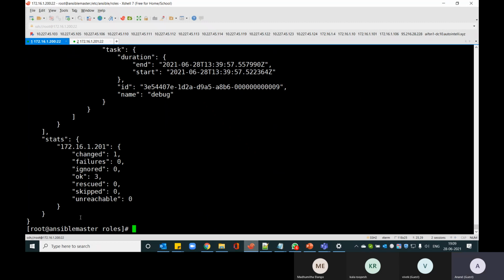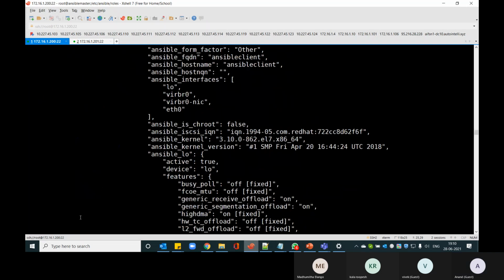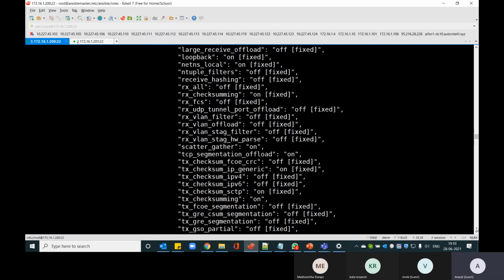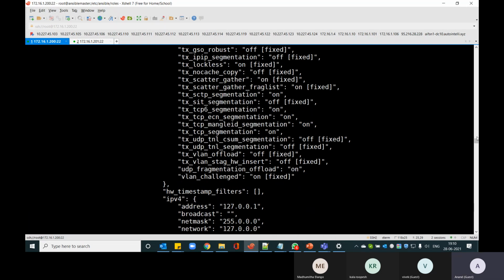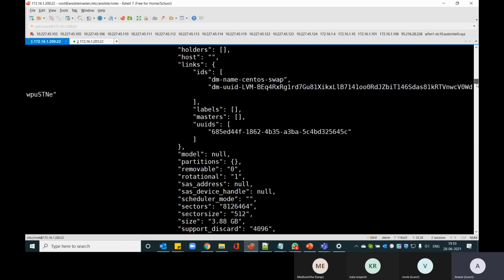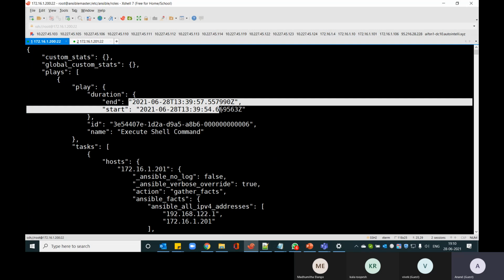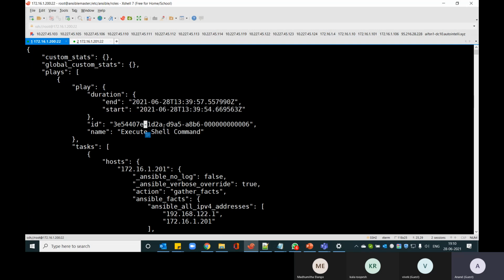You can see a lot of output gets produced now, but it's all in a different format that's needed by me. It gives me a proper JSON output with all the possible information that can be thrown at me. Ansible gives that. If you see, the play started, duration, the start date, end date. What is the ID of the play?